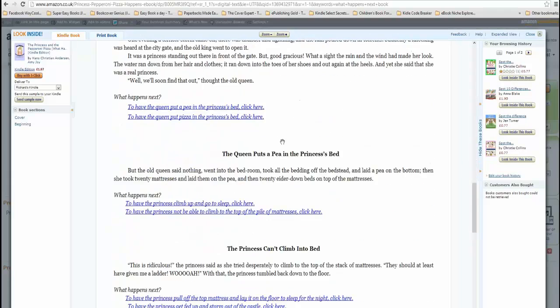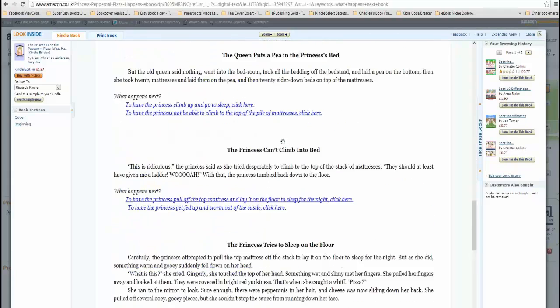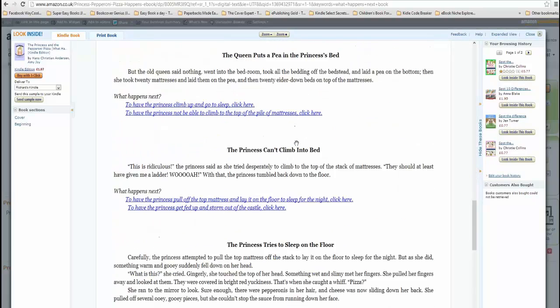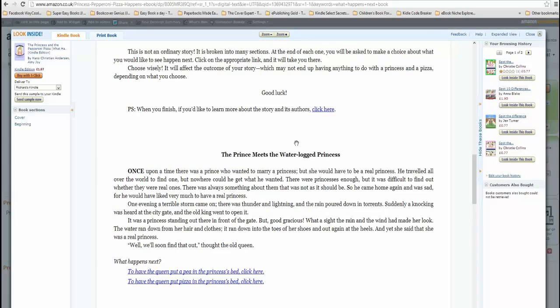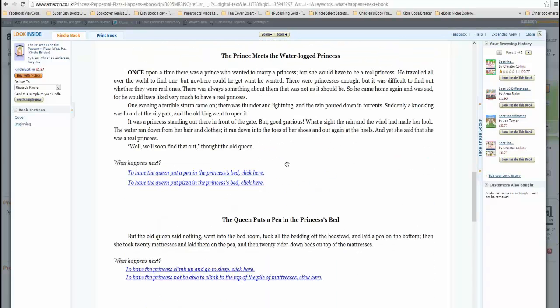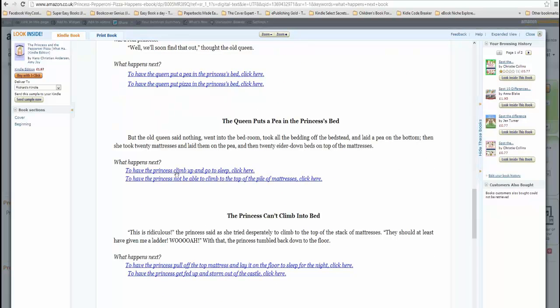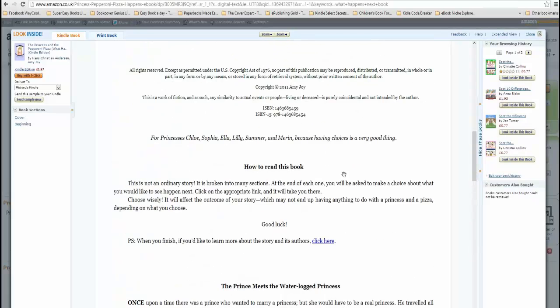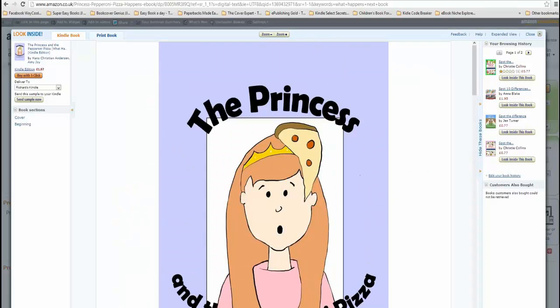And in fact, the one thing that's missing from here, and I think it's a big mistake, is actually not to have images, illustrations in between, because I think the kids like to look at that. But apart from that, I think it's a great concept to have the princess climb up and go to sleep, to have the princess not be able to climb up to the top of the palm, click here. And so you can get more and more bizarre options, and you can go off down different routes with the